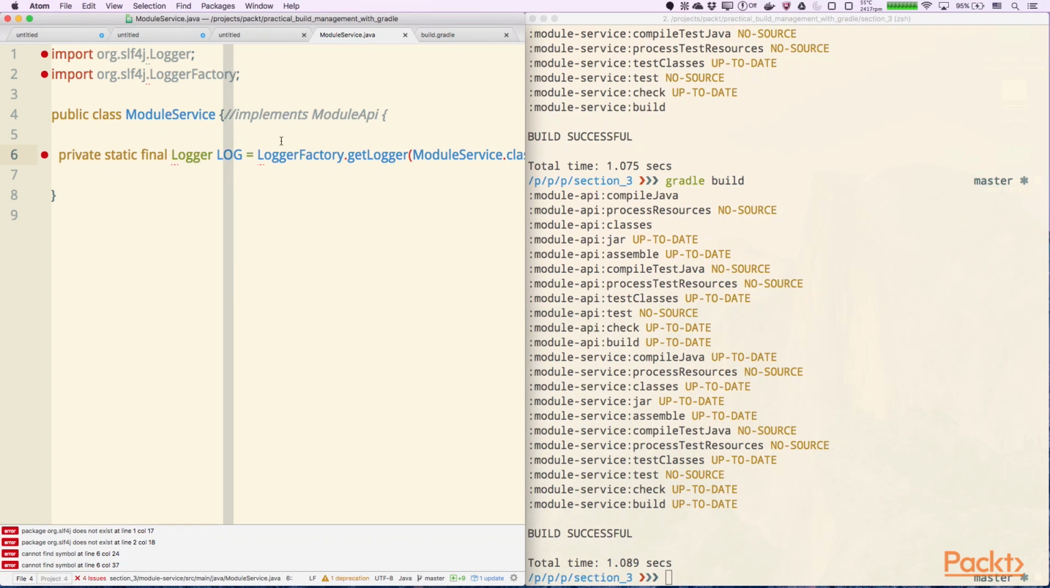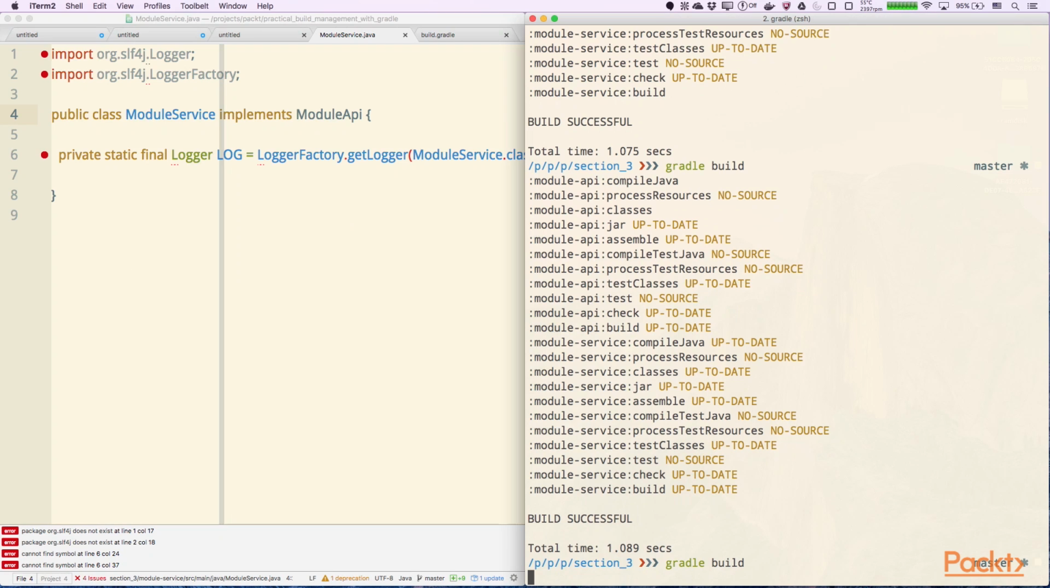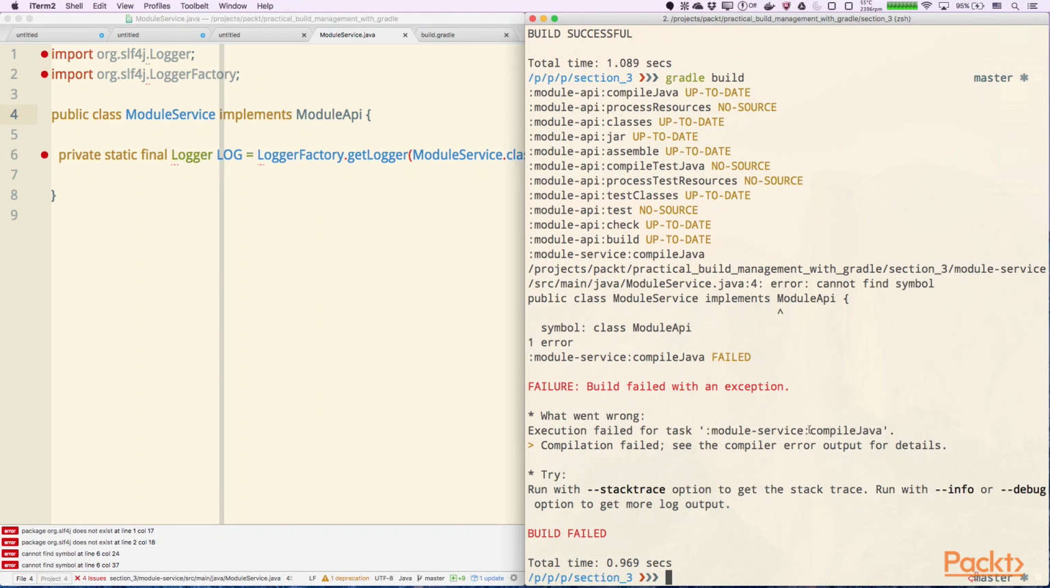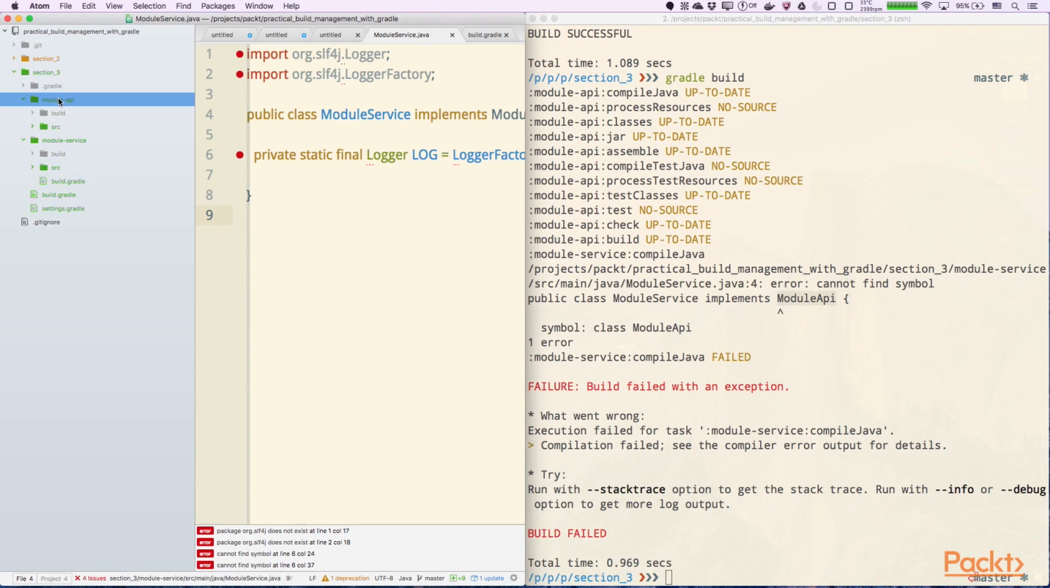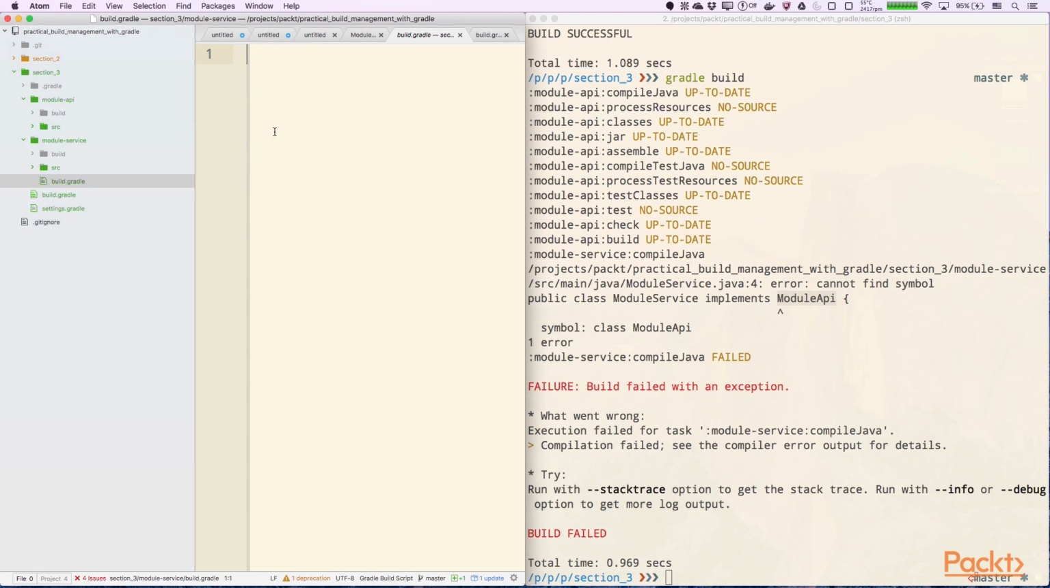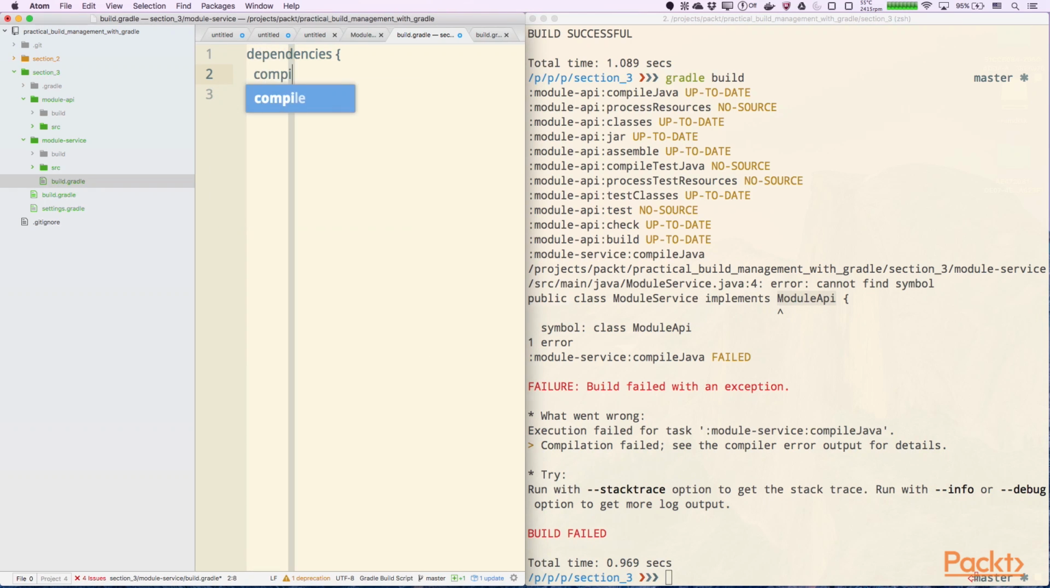But now let's try to implement our interface. And you can see our build has now failed. And the reason is that Gradle cannot resolve the module API interface. And this is because our module API interface is defined in our module API module. And in order to have it available for our module service, we need to specify it as a dependency for module service. And in order to do this, we can open our build.gradle file for module service